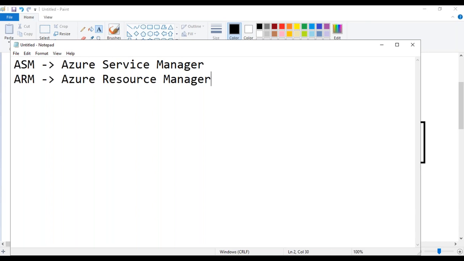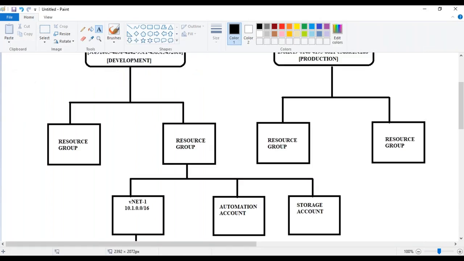So what Azure will say is, you can take any resource. It can be an IP address, a virtual machine, a virtual machine disk, a firewall, a database. Everything is a resource, but that particular resource should be part of a resource group. That's very simple. It's like a folder, guys.